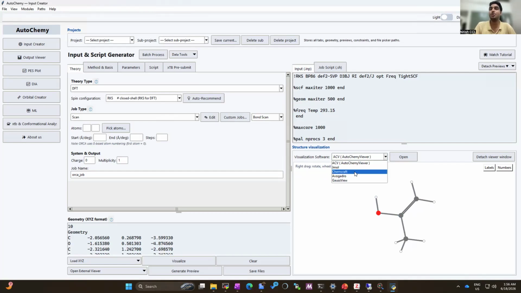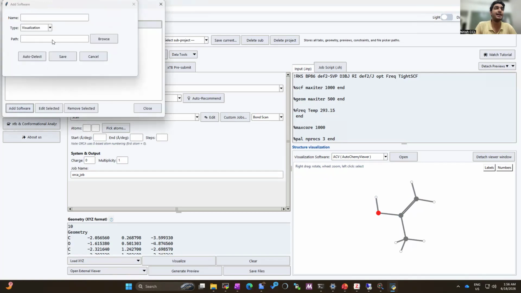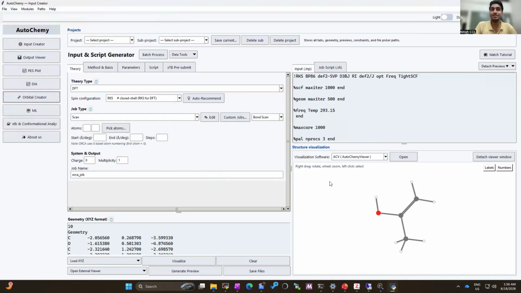For example, JMOL, Chemcraft, Avogadro, Gabedit, whatever you are comfortable with. You can just install it and give it the path. So how can you give the path? You can go to this Paths and Manage Software Path and add the software. Just put the name and give it the location and just save it, and you're ready to use it in this